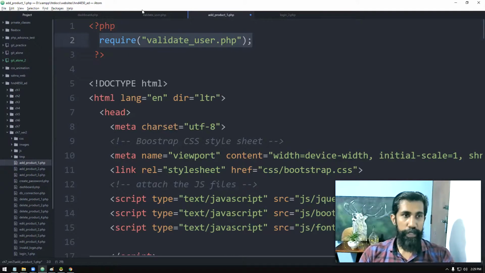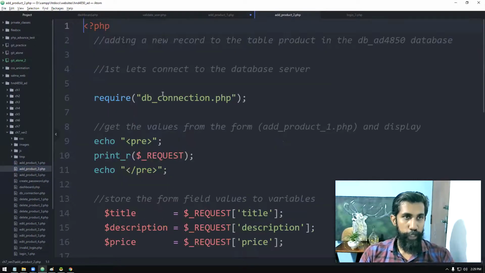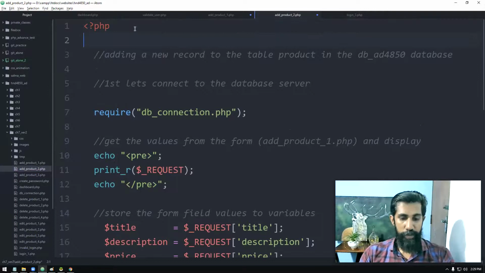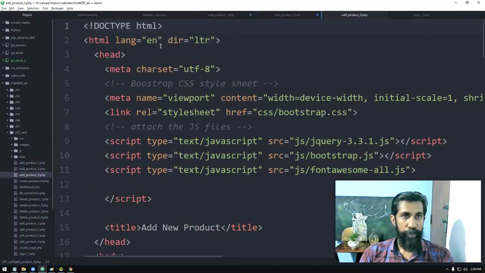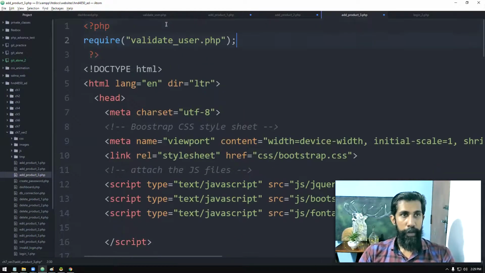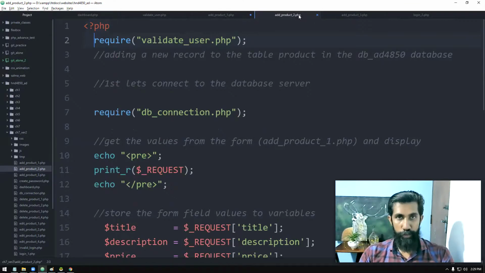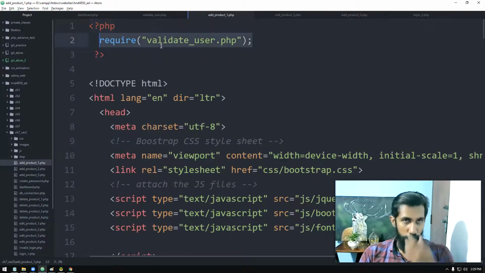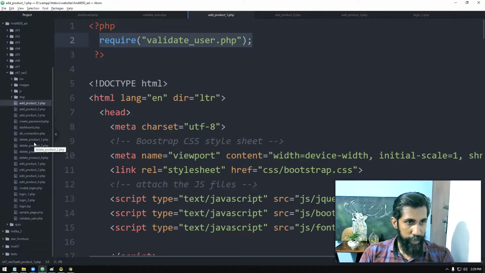So let's copy that. Let's go to product2.php. Here, the first thing we need to do is validate. Product 3, we need to validate. Likewise for every page we need to do this. Let me quickly do that for all the pages, so I'm going to restrict them. Okay, add is done. Edit, delete is here.